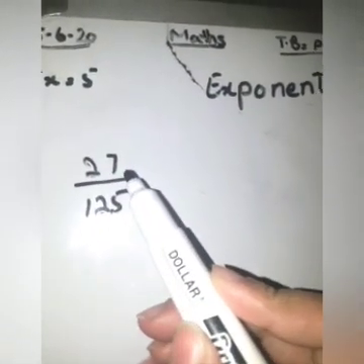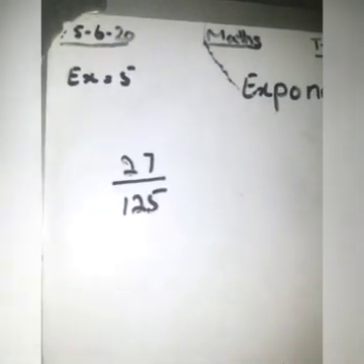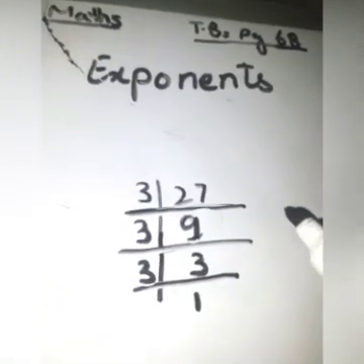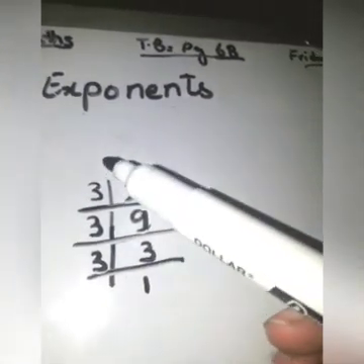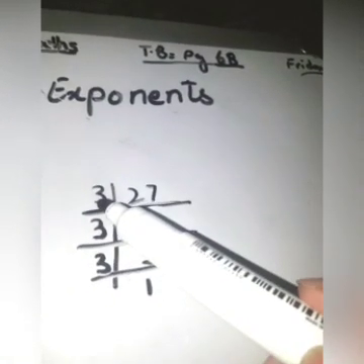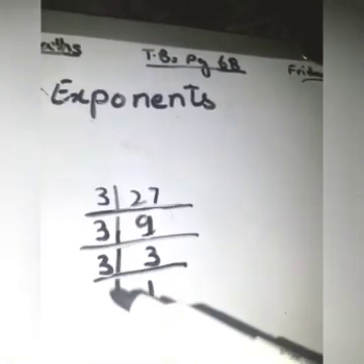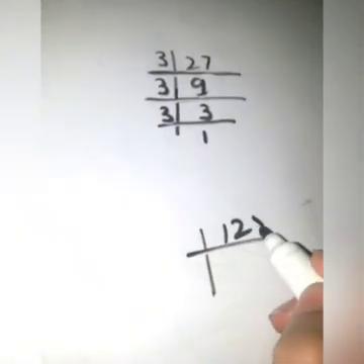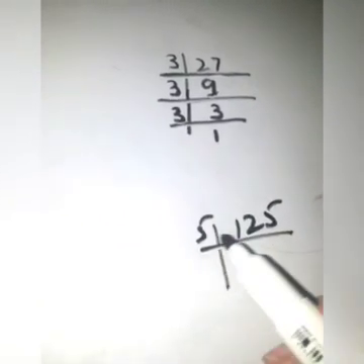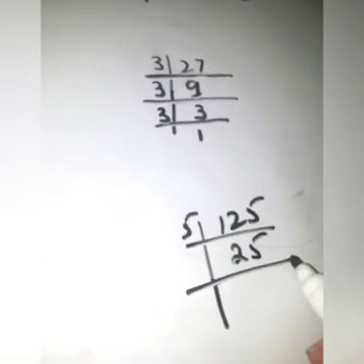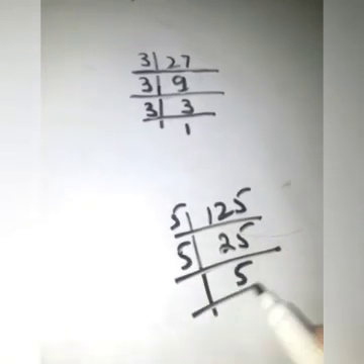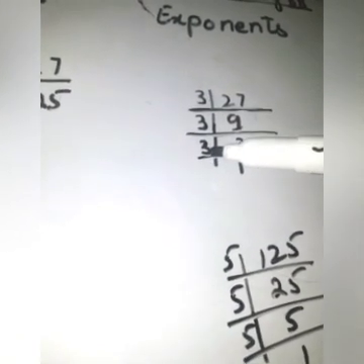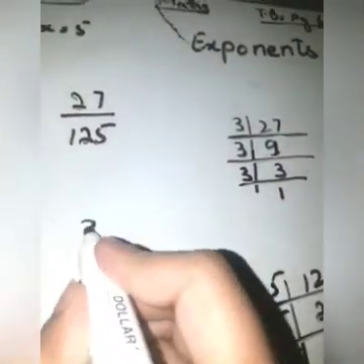You have 27. So simply you will take the LCM of 27 like this. And remember one thing, you will solve this question with one digit. Like if you are solving by 3, you have to solve all of this question with 3. Now 125, when you take the LCM of 125, you will take 5. 5 25s are 125, 5 5s are 25, 5 1s are 5. Now you can write 3 power 3 instead of 27.